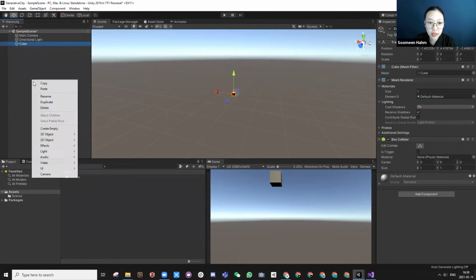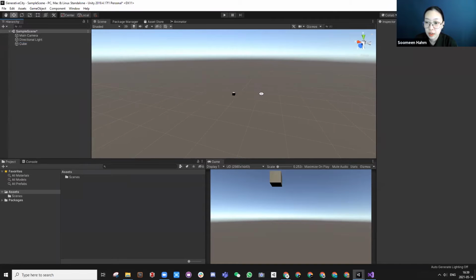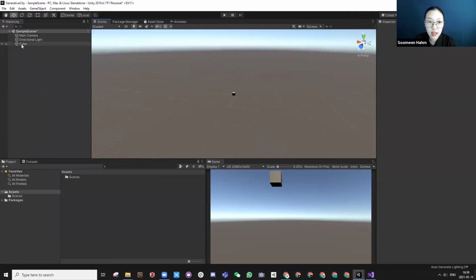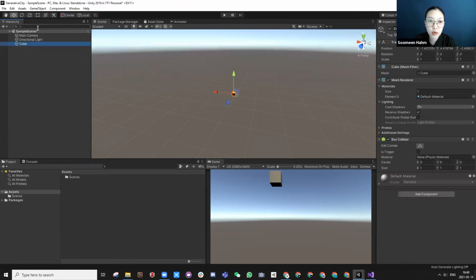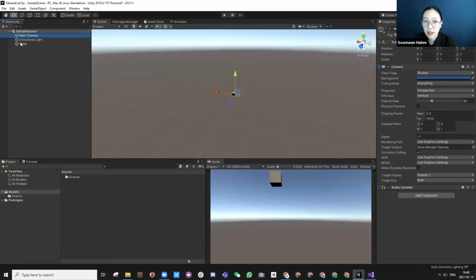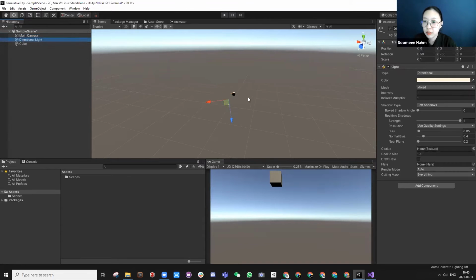If you just right click and create a cube, you will see a cube generated anywhere in the scene. You can click on it. This hierarchy will show everything that is inside your scene, all the objects that are inside the scene. And in the inspector, it shows the properties of that object that you created. By default, we had this main camera. We had this directional light. And if you don't see